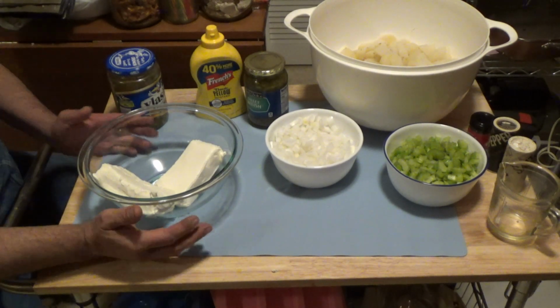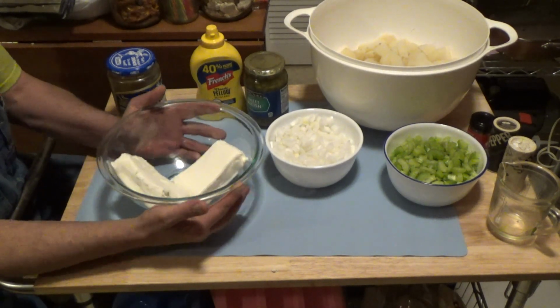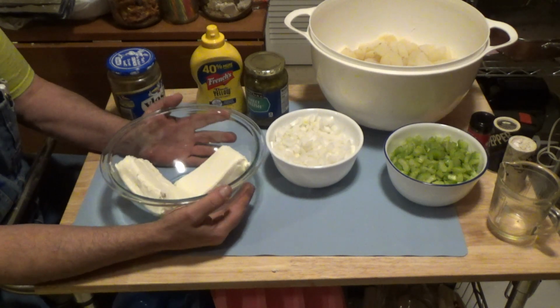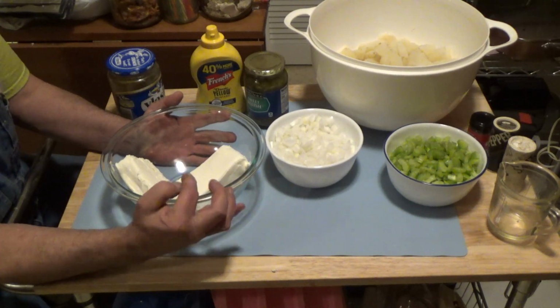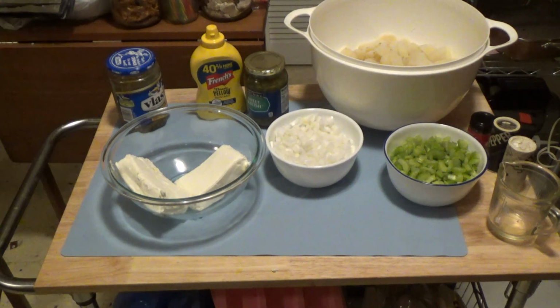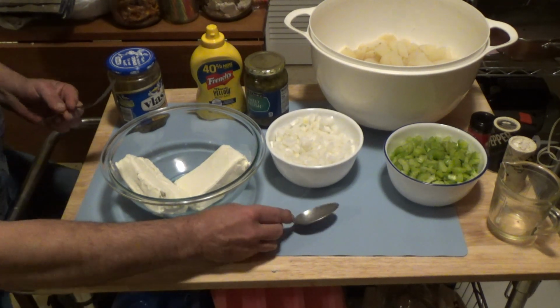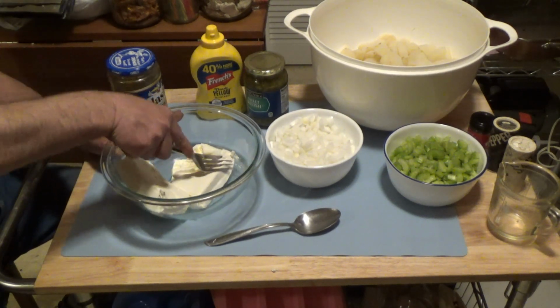Okay, so building on the success of my tuna fish salad, I thought I would try and make me some potato salad and freeze dry it. And not using mayonnaise but cream cheese. So what I got here is 2 8-ounce blocks of cream cheese softened,